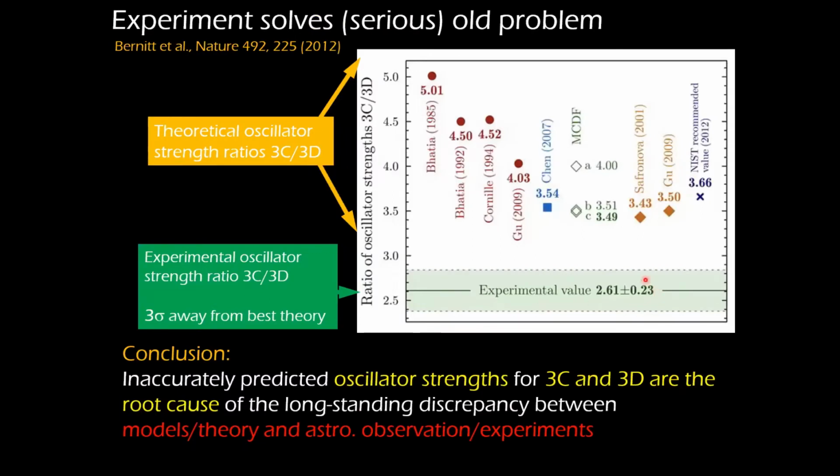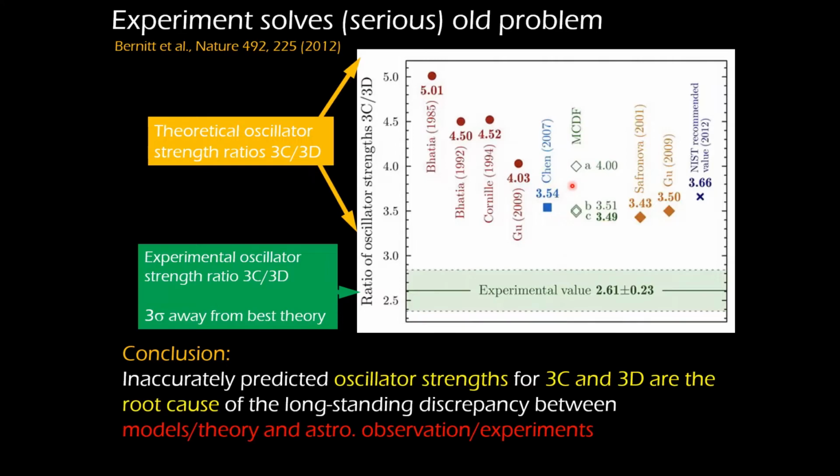So this is what our experiment found out: 2.6 plus or minus 0.2, while the rest of the calculations available at that time showed values above 3.5, and our experiment was about 3 sigma away from the best theory. So we concluded that the inaccurately predicted oscillator strength in the theory is a root cause of